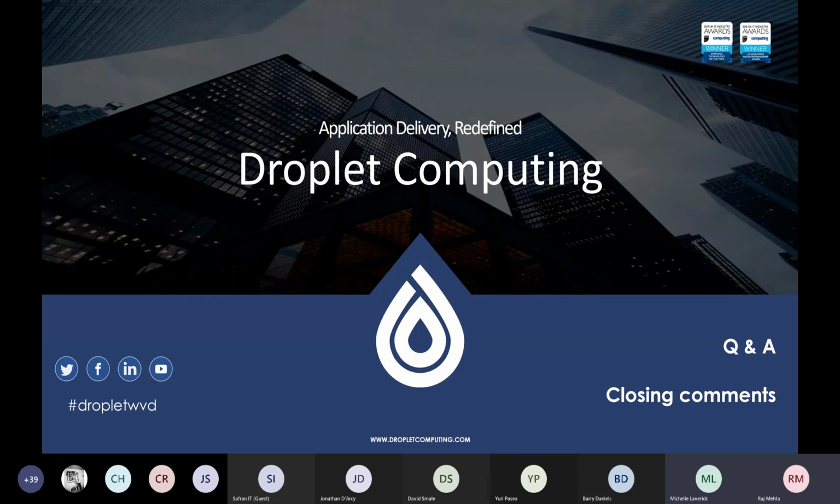Another question from Thibault. Can you control user access to Droplet apps via AD security groups? Yeah, I'll take that. The UI that basically skins the application